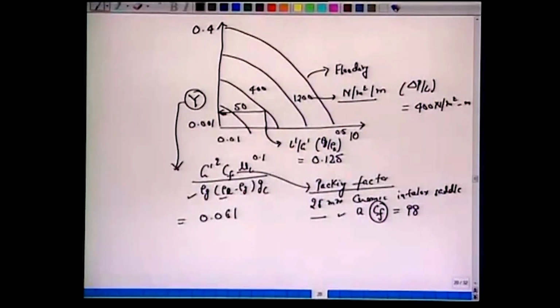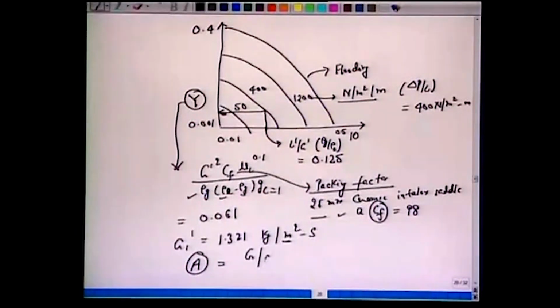We know all of this: rho L, rho G, Gc1 in this unit, Cf, and the viscosity properties are given. As an exercise, we just do the calculation and you should get the answer, G1 equals 1.321 kg per meter square per second. So, this is kg per meter square per second, which means the cross sectional area of the column, A, is G over G prime, which is 0.998 over 1.321, to give you 0.756